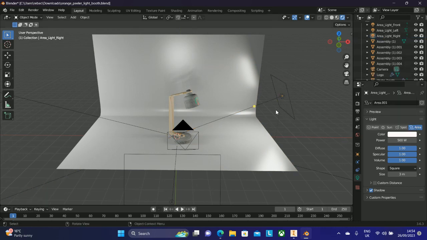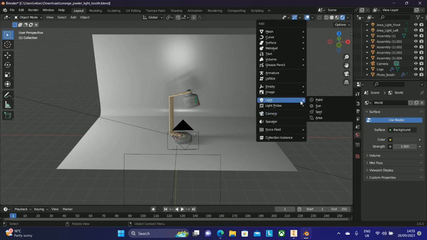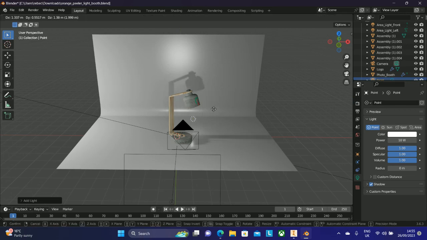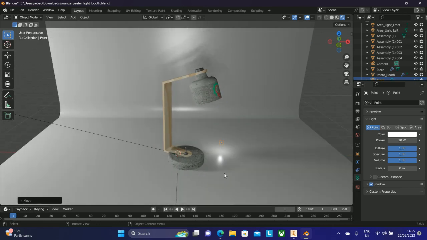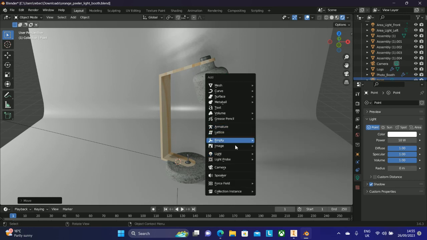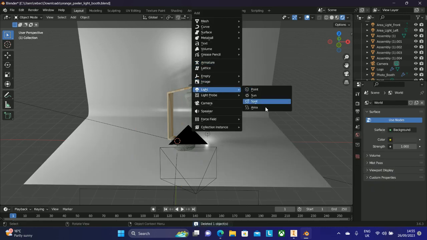To delete lights, you would just do the same as the camera. So you select it and then just press delete. To add a light, you would again press Shift, then A, and then press light. And you can see here that there are 4 different types of lights that you can add. There is a point light, which just gives you a point of direction. There is a sun, which is quite bright and has an overarching kind of light on your model. There is the spotlight,